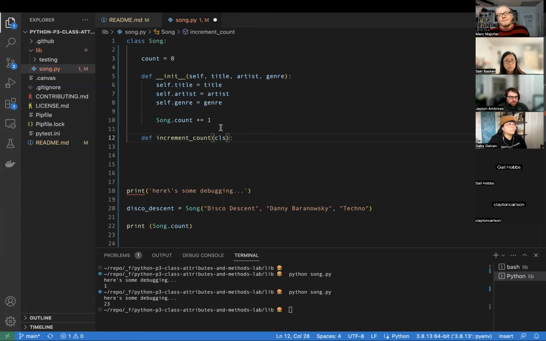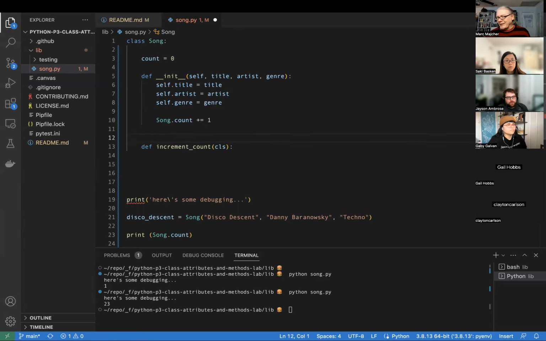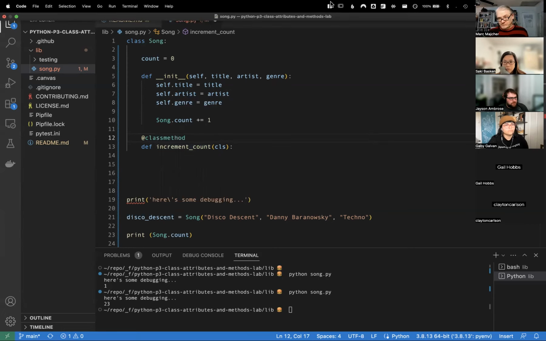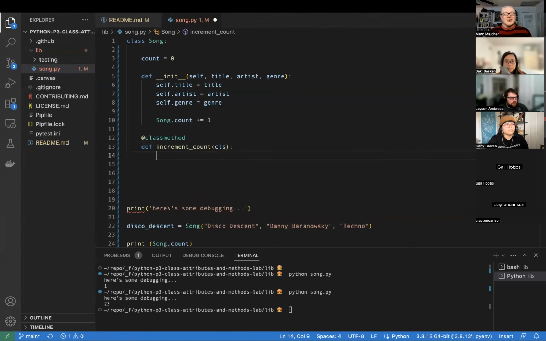I want to talk about decorators, but I'm not going to do it right here yet. To make it a class method, like someone said before, decorators. Decorators are just higher order functions that take the function below it as a callback. We'll talk about that for 5 minutes at the end, in about 10 minutes. So here, since we have defined a class method, the thing that's being passed in is